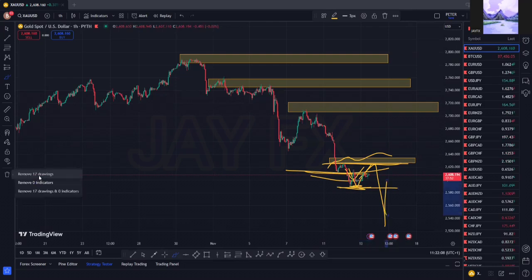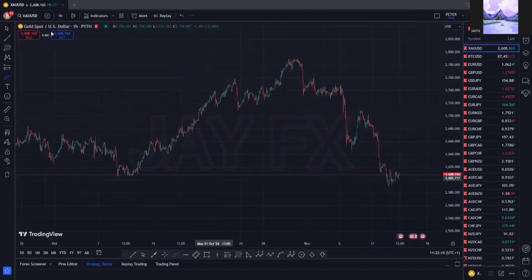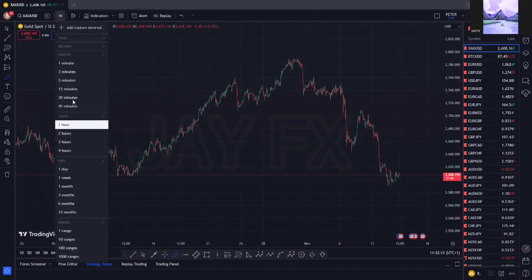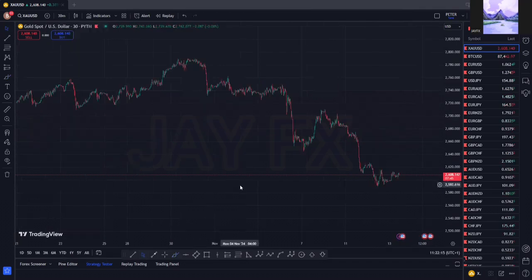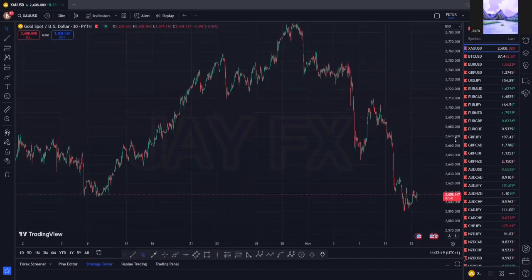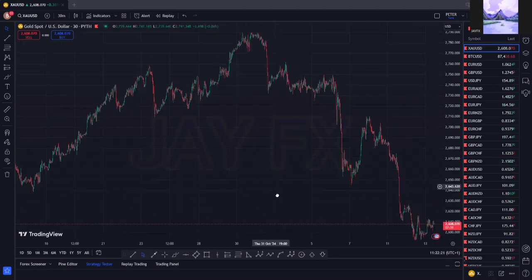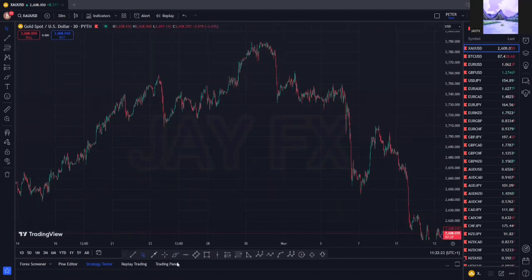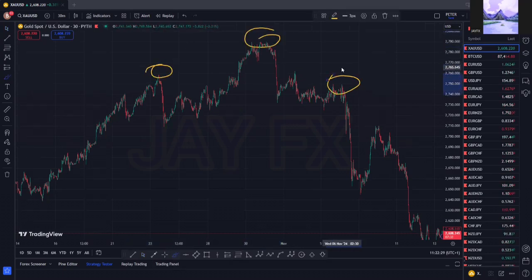So this is the 1 hour time frame. Let's go to 30 minutes. We will just try our best. If we can get an entry, then we will enter. If we don't, then we don't have to force the market. I want to show you that the same thing that we saw from 4 hours, 1 hour, and even 30 minutes still has the same structure.